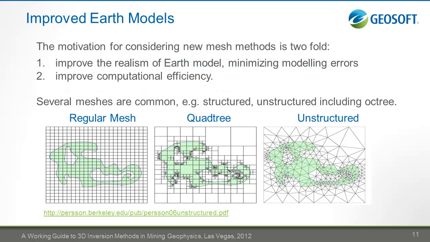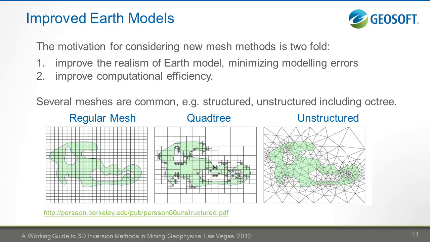So the motivation for considering new mesh models is really twofold. First, we want to improve the realism of the Earth model and minimize modeling errors. And secondly, we would also in the process like to improve computational efficiency, although this is a less important issue than the realism of the model itself. To date, we have